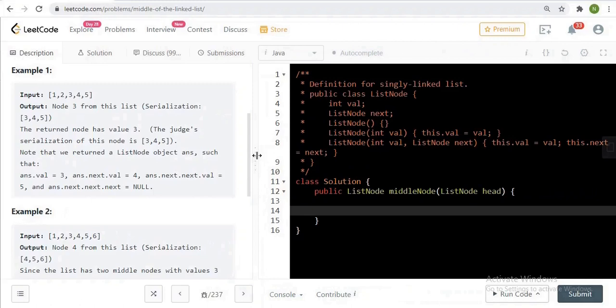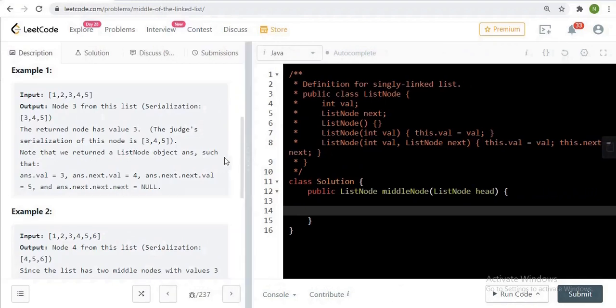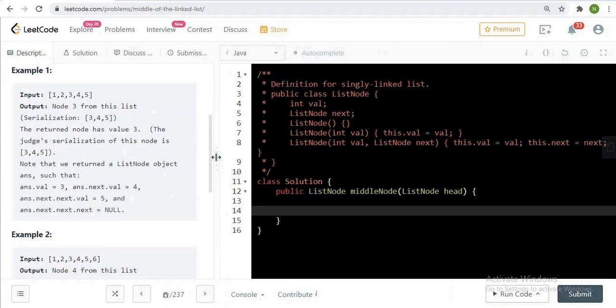Like previous videos, I'm going to solve this problem in both languages, Java as well as Python. Before writing the solution, this problem has two solution approaches. The first one is using the two pointers approach.